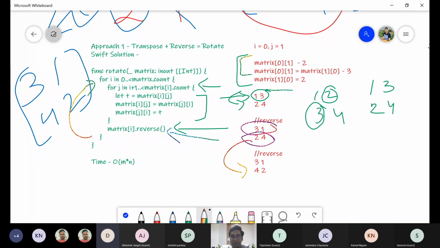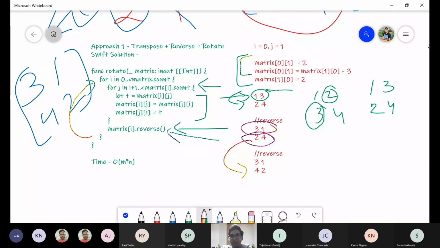So in this question, what is the space complexity? Anyone? No, the space is order 1 here, because there is no extra space we have consumed.